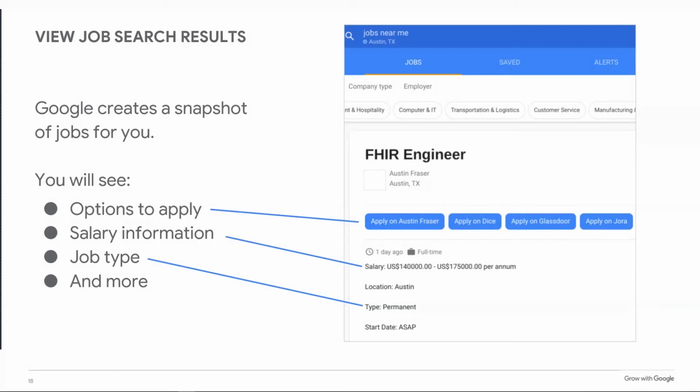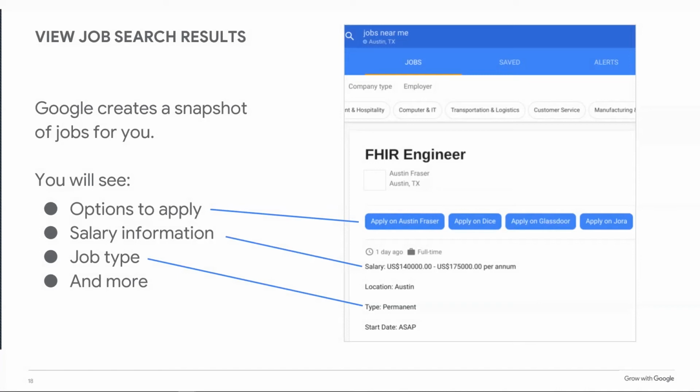So this is a little idea of what information is given to you via Google search. This is a snapshot of a particular engineer job. It gives you options on how you can apply for this job. This shows you all the different locations where Google has found this particular job opportunity across the web.